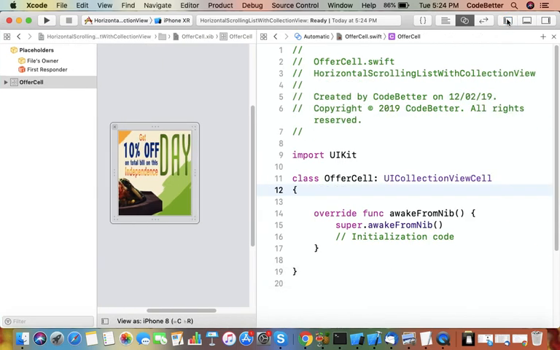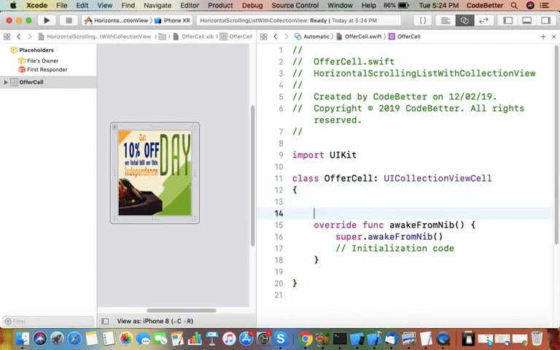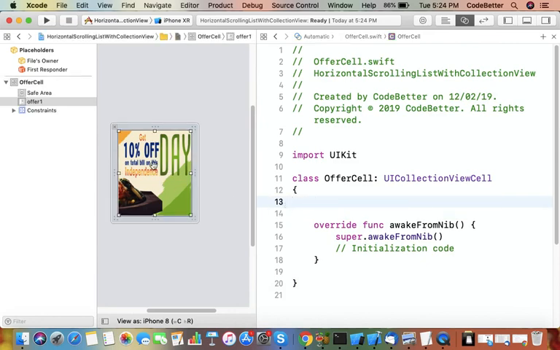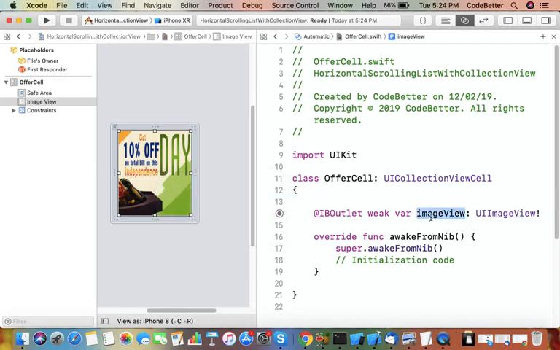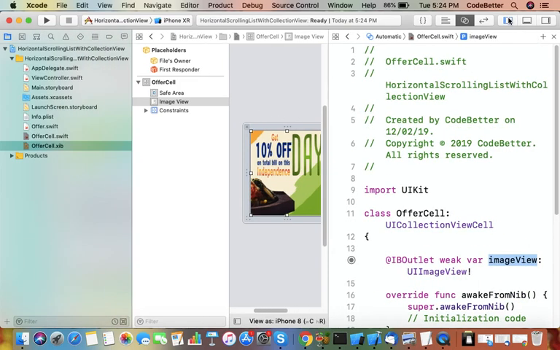and here in the offer cell class we create references of whatever UI we have here. So we have one image view only, so we drag and drop and add a reference, a variable, or create an outlet variable for this image view. Let's say its name is image view. Okay, so dynamically we will put the corresponding image on this image view. So we designed a template for this cell. We'll use this template. Now this is done here.